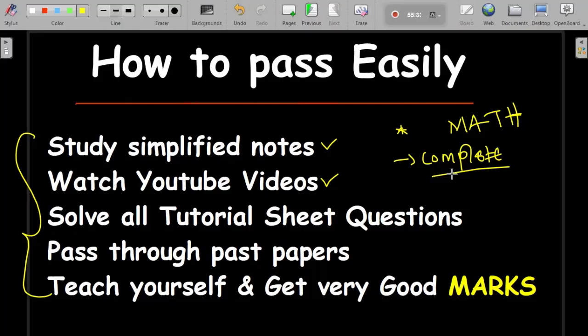Concentrate on your academics, and use YouTube to learn what you don't know. Number three: I've noticed that you guys don't like solving questions from the tutorial sheets. University level is not like grade 12. In grade 12, there were no tutorial sheets. They just give you notes, you read, they bring a test, you pass. But at university, they're always going to guide you on what you're supposed to know through the tutorial sheet